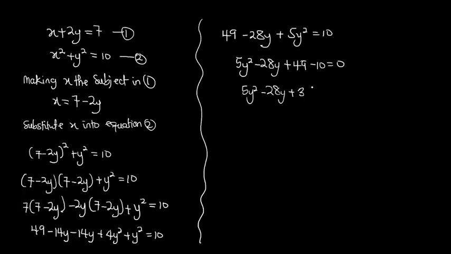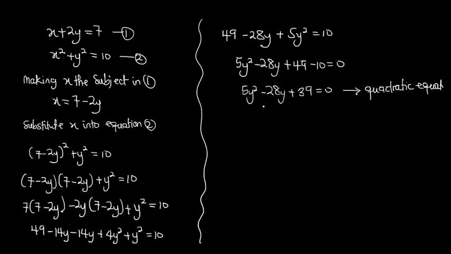So plus 39 is equal to 0. So we can see that this equation is what we call a quadratic equation. This is a quadratic equation. So from this quadratic equation, I need to solve it by the method of factorization, and then I find my values